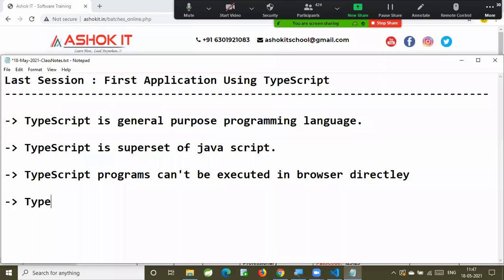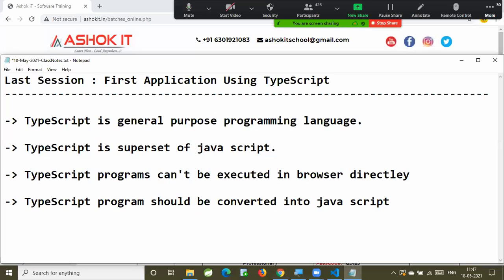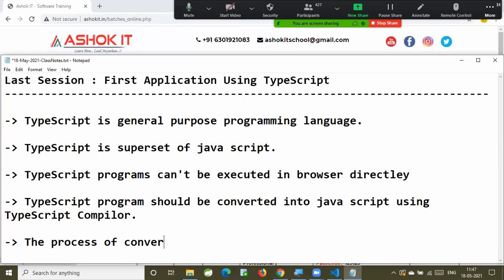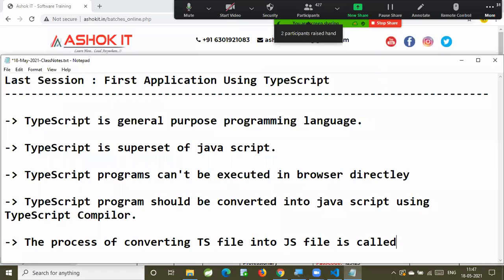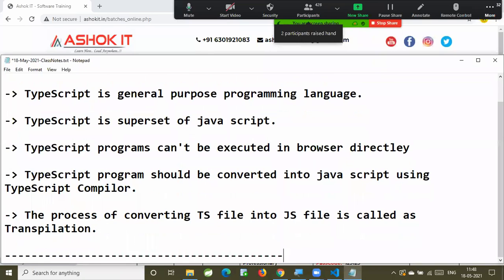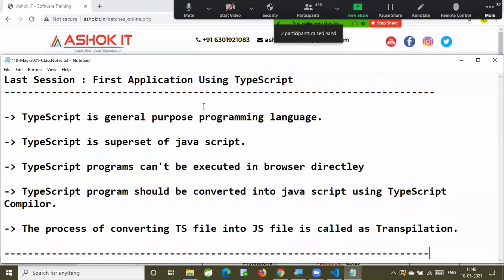A TypeScript program should be converted into JavaScript using the TypeScript compiler. The process of converting a TS file into a JS file is called transpilation. So this is what we have discussed in the last session, and we are able to